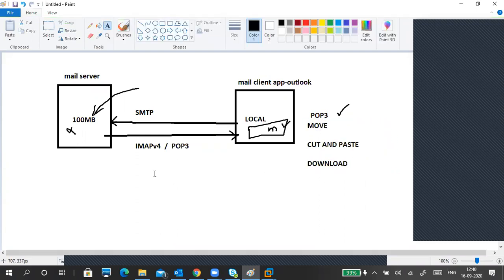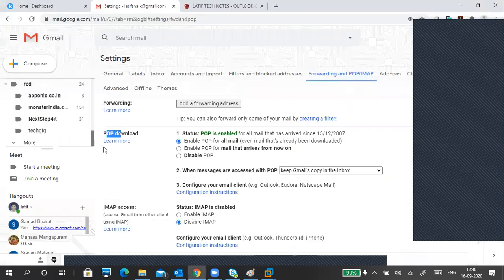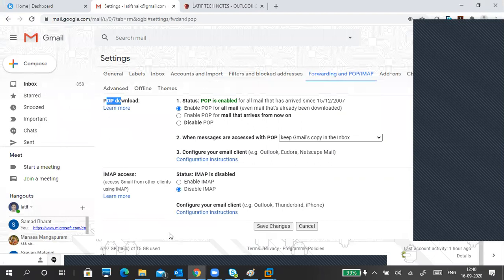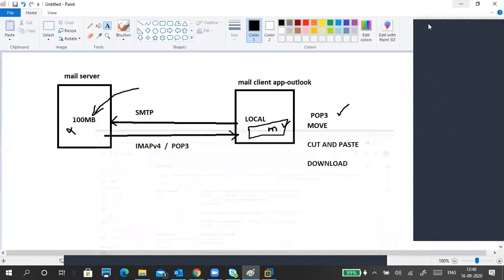The next scenario is IMAP. When we use IMAP, mailbox size is not a concern. For example, your Gmail is providing almost 15 GB free space. Here it is showing 15 GB free space, and I have already used 46% in my email account. So you have a lot of space on your mail server, and mostly they go with both POP3 and IMAP, or IMAP only.